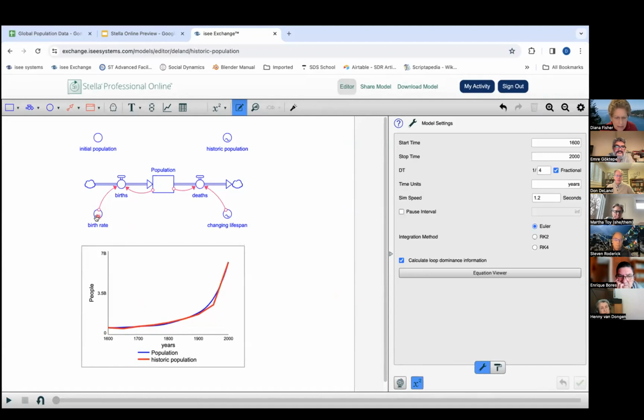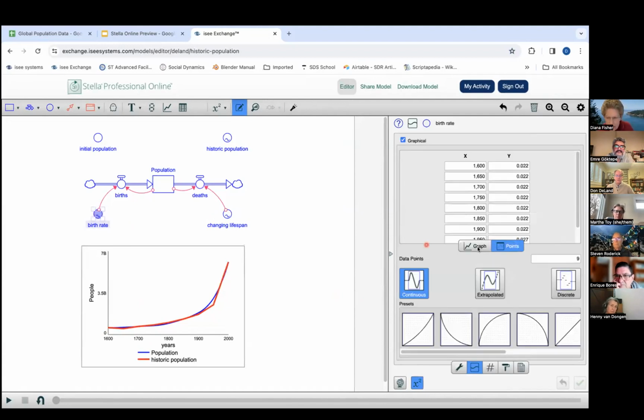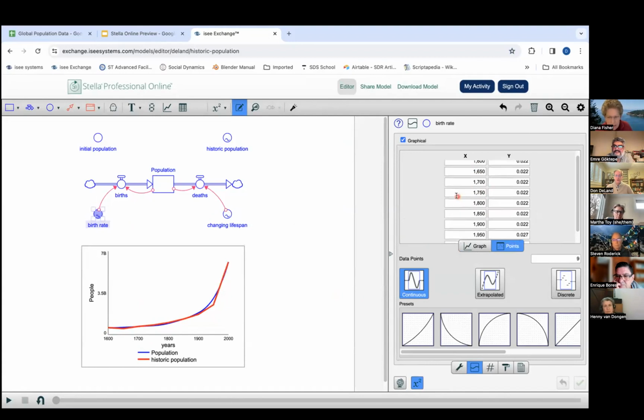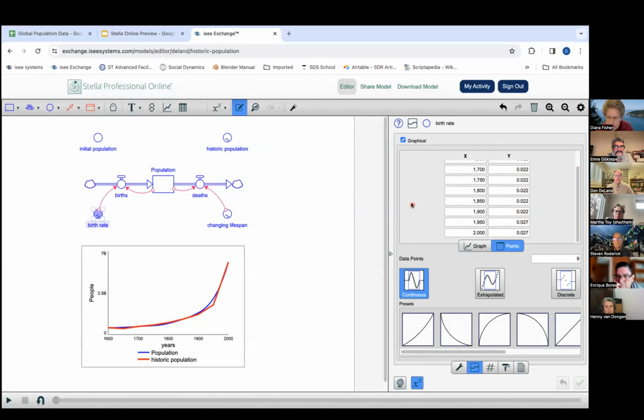That the birth rate and the lifespan have changed over the years. And if we go look at those, right, these have been kind of calibrated to the historical data. And you can see that the birth rate has changed from 0.022 to 0.027. So I will stop there